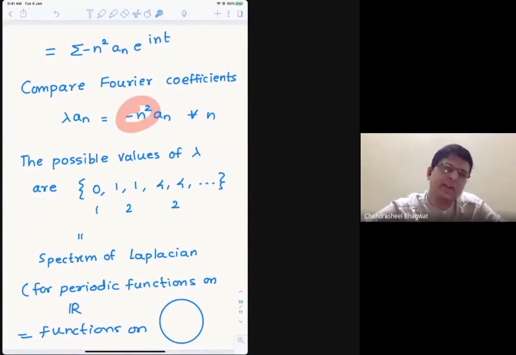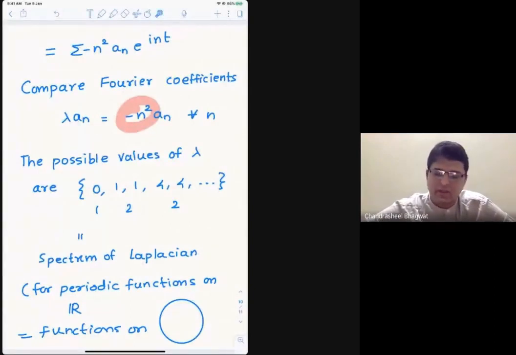So this is basically saying that the usual Fourier theory, that we can decompose a given signal or a periodic function into sine and cos functions, is exactly the restatement of the spectral theory here, that the Laplace operator has eigenvalues that look like this, and its eigenfunctions are going to be cos and sine functions.